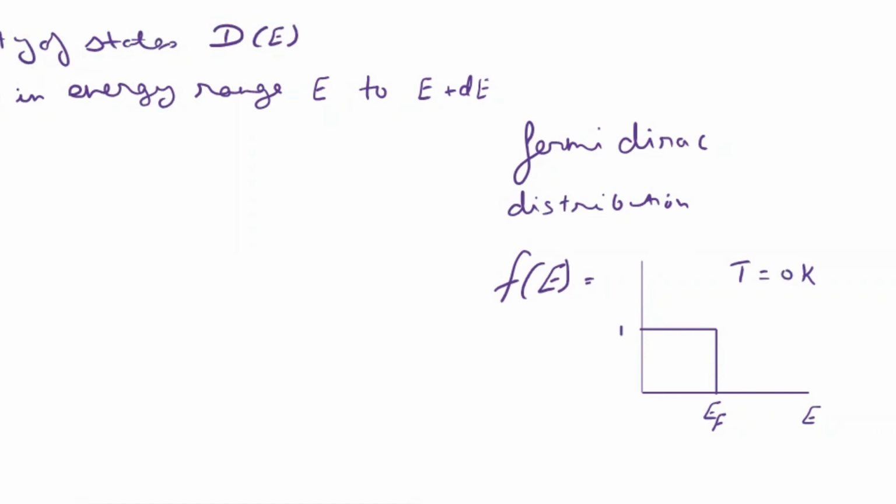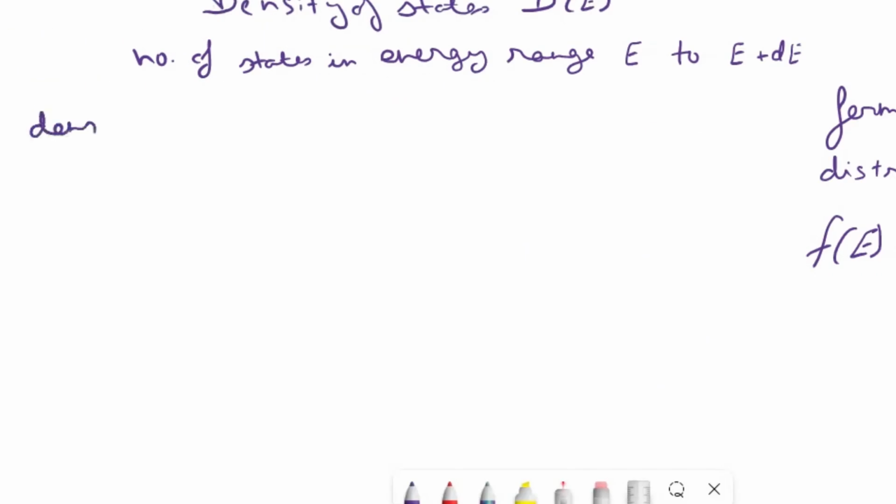For an electron to be there, there has to be a state. It could be that for lower energy there is more density of states, while here it has less density of states, with more spacing between the energies. So to actually find the density of occupied states, this is what will be more interesting. Density of occupied state